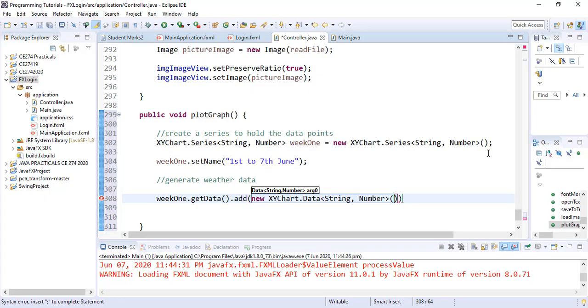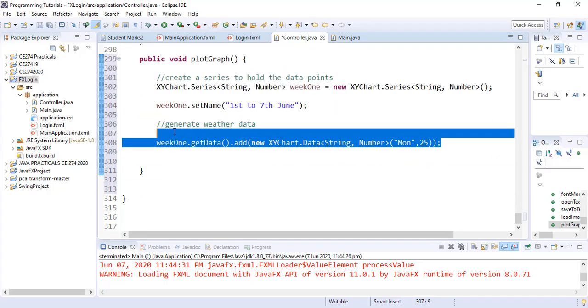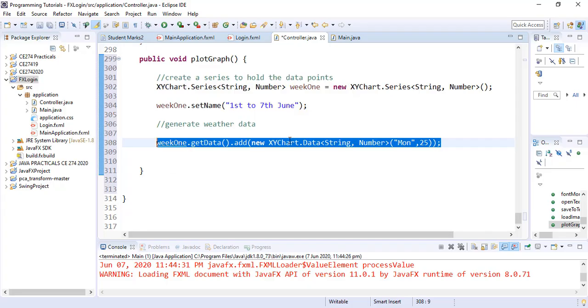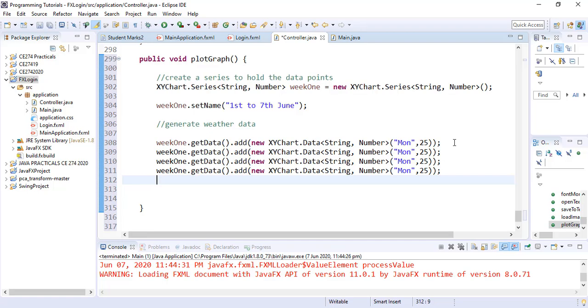And what is the data? So we have 1 day, comma 25. That happens to be the temperature that was read on Monday. So we can add the same thing for Tuesday, Wednesday to Sunday. So I'll just copy Tuesday, Wednesday,